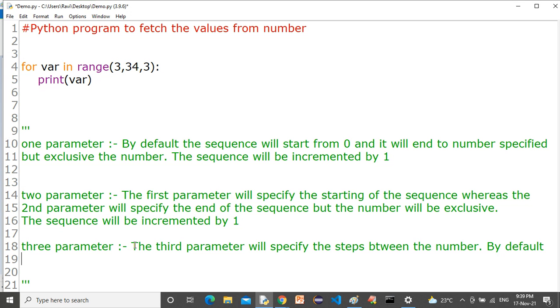By default, it will be incremented by one, but according to our requirement, we can change the sequence.